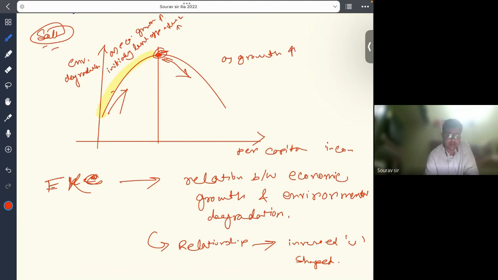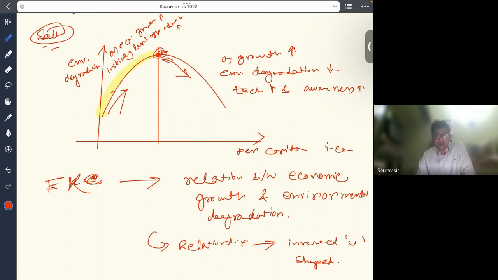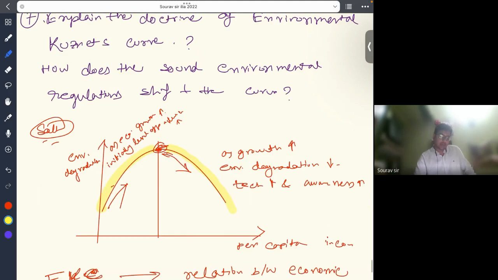But after this point, as growth increases, the environmental degradation decreases because technology increases and awareness also increases. This is represented by the downward sloping portion of the curve. Okay, so then I am coming to the second part of the question: how do sound environmental regulations